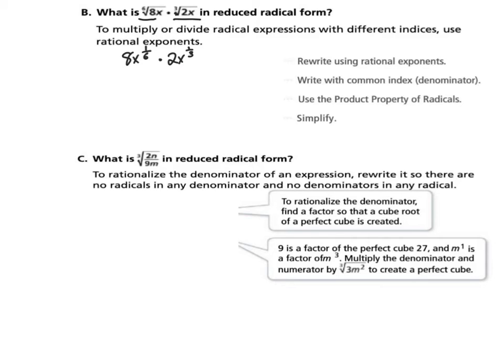And when we multiply, we want to find common denominators for our exponents. So I'm going to change this to 8x to the 1/6 times 2x to the 2/6. I just changed 1/3 to 2/6 so that they have common denominators. Now what we want to do is factor out that 1/6. Okay, so we have 8x. If we factor out this 1/6, and then if we factor out a 1/6 from this 2/6,